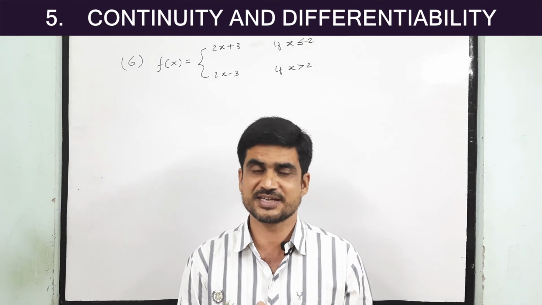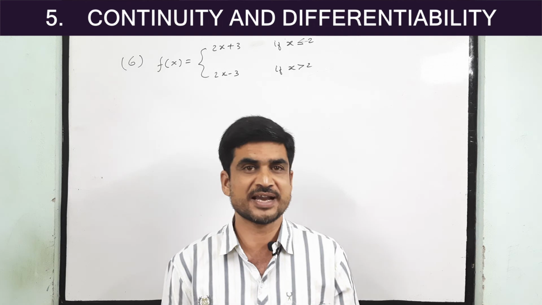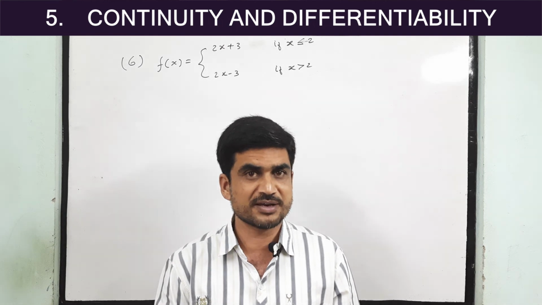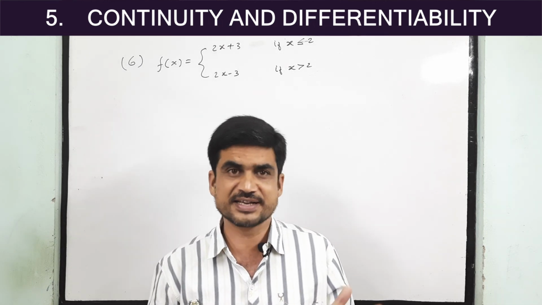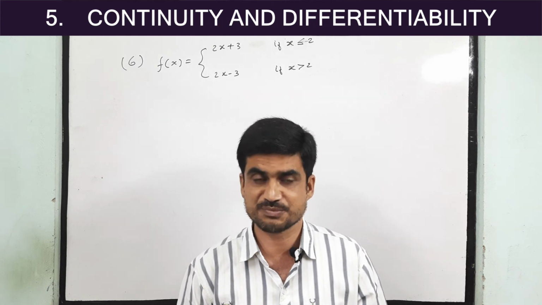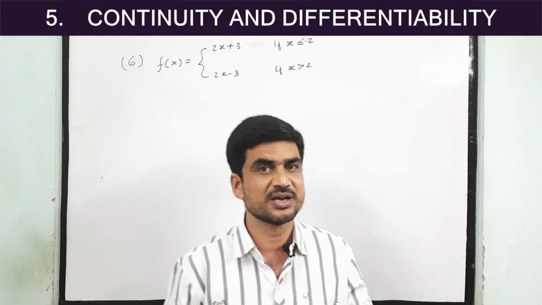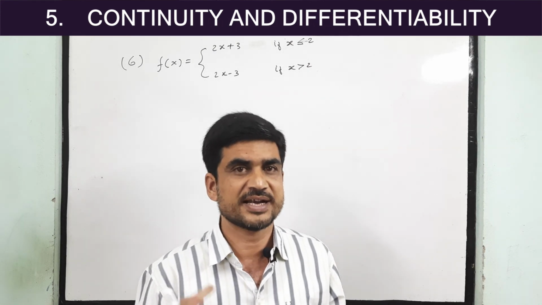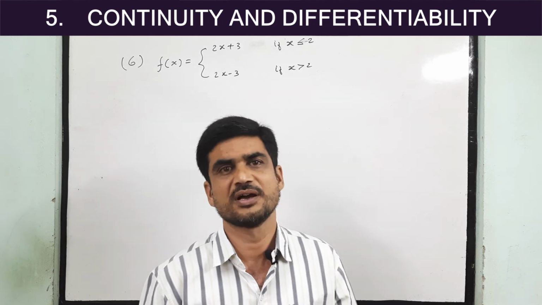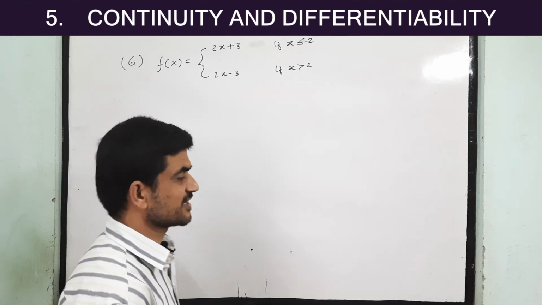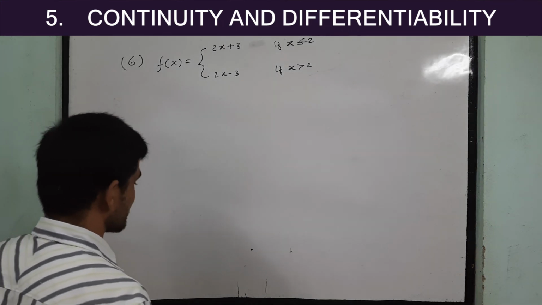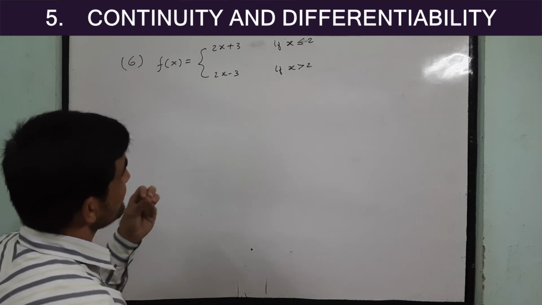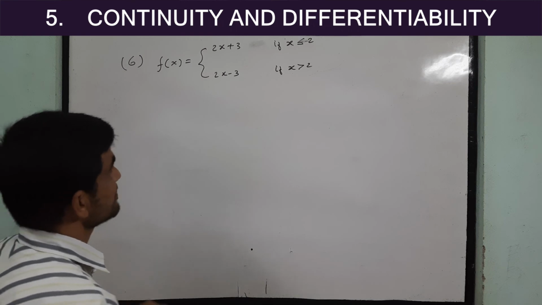When we check the function before 2, meaning if x is less than 2, it is very clear it is continuous. When you take x greater than 2, again it is very clear the function is continuous, because for less than 2 and greater than 2, two different polynomial functions are there. The function is changing at x equal to 2. So we have a doubt at x equal to 2, and we will check whether it is continuous at x equal to 2 or not. If it is continuous, then there is no point of discontinuity. If it is not continuous, then we will have one point of discontinuity.